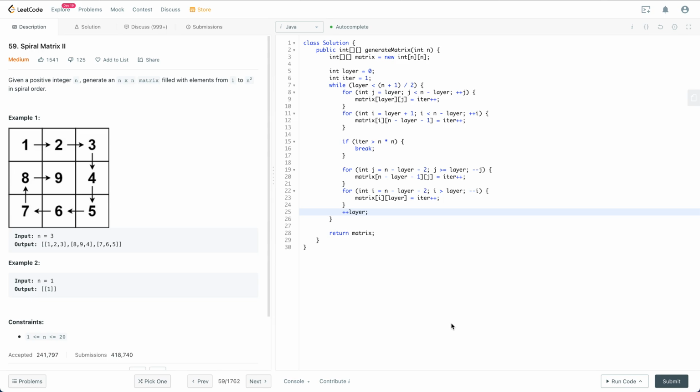Given a positive integer n, generate an n by n matrix filled with elements from 1 to n squared in spiral order. So for example, for this one, we are going to fill in the square using the numbers from 1 to 9, something like this. There isn't too much room to find a solution, but in general, the next step is to talk about the